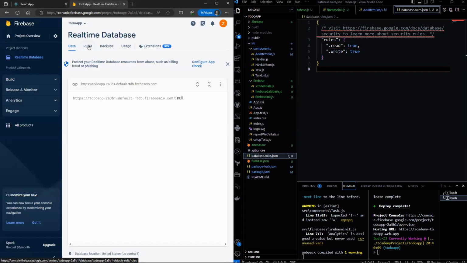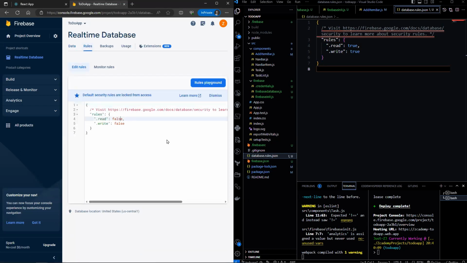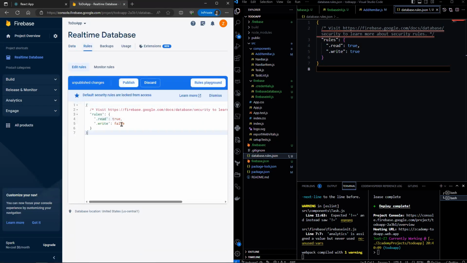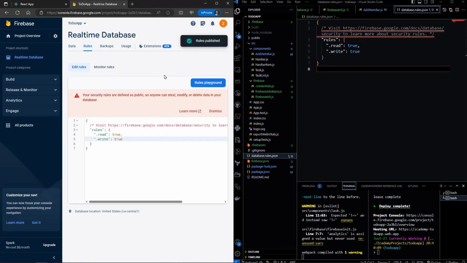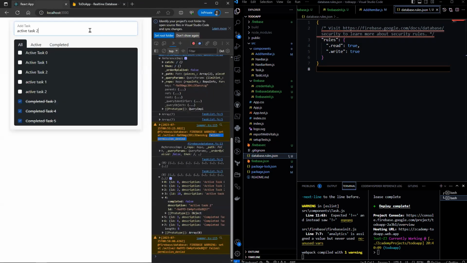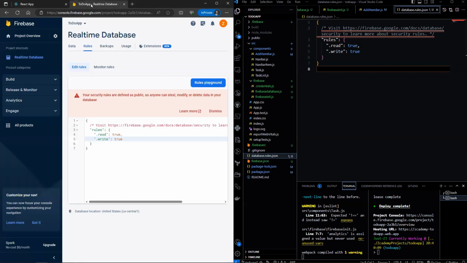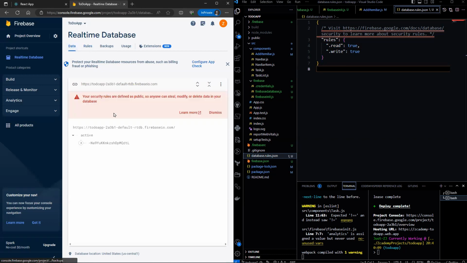Let's head over to the rules here and change it to true as well. Now let's head back and add a task of active task 3. Now let's head over to the Firebase console and check our data. It has now been successfully added in.